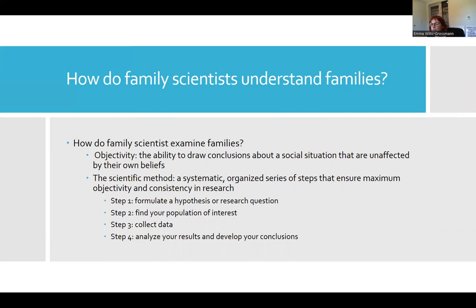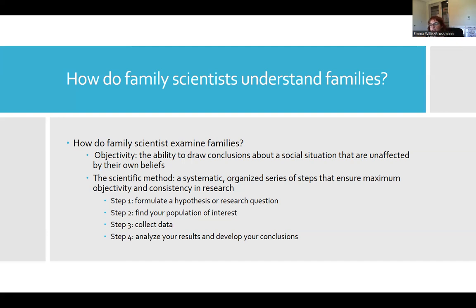for the National Council on Family Relations, and a bunch of us that were at the conference were on an elevator, and this person who was not part of the conference, not part of our field, came onto the elevator with us and asked, what do you guys do? Why are you here at this conference? What is this conference? So we tell them, we're family scientists. This is what we do. Here are our research interests.